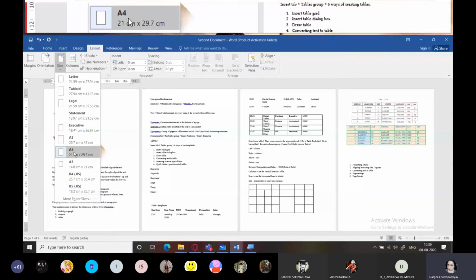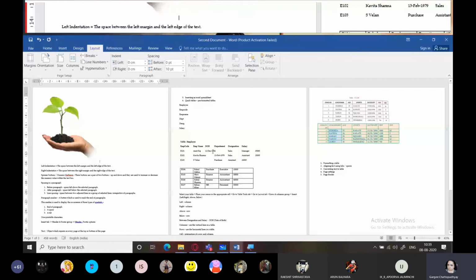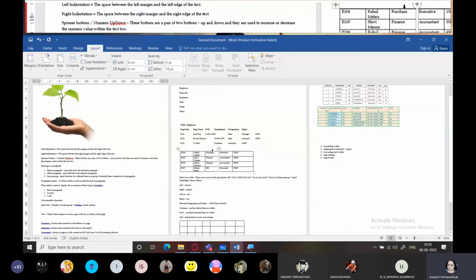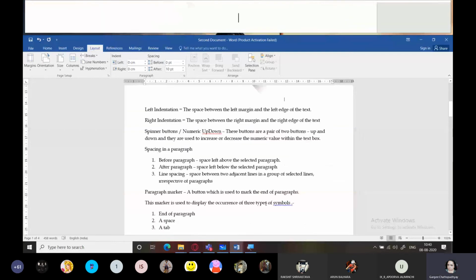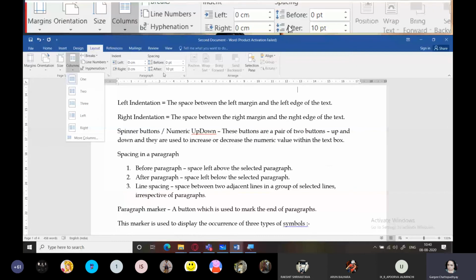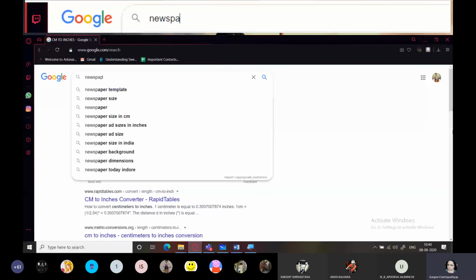This is important because if your printer accepts only A4 sized papers, you need to set the page size as A4. It should not be like you are typing everything on an A3 size paper and you have a printer which only prints on A4 sized papers. That will result in your text and other things getting cropped on your page. So instead of doing that, make sure that you have set the proper page size. Into the next part, you can see something over here as columns. Now let me show you an example for this. Newspaper template.